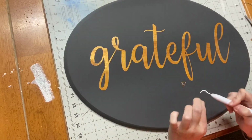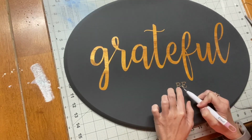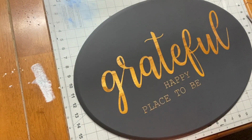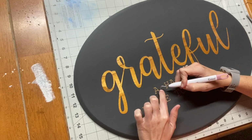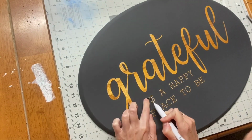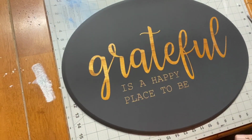Now, you guys, I want you to keep in mind, we're using 651 vinyl, which is permanent, for our stencil. If you were to leave this overnight, the chances of you getting off your vinyl smoothly is going to be slim because it's permanent. So the longer you leave it on there, the more it's going to adhere to the surface. So you have to make sure that you're keeping track of it